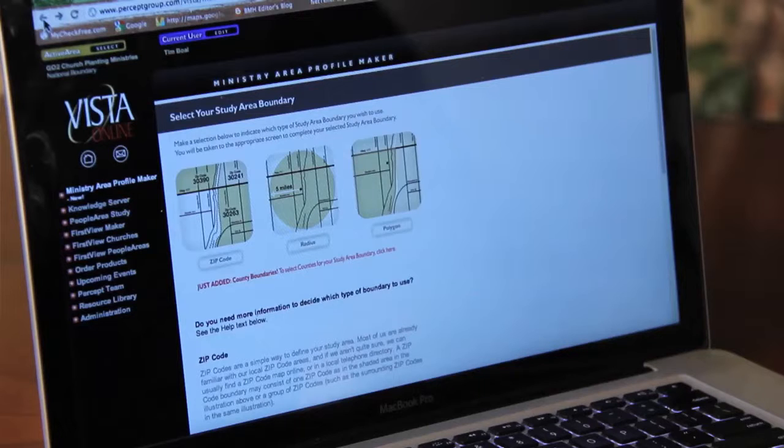Although you won't have access to this personally, your church ministry partner can ask of us and we will get for them any demographic they need that might be helpful in creating ministry or in developing the communities within the Circles of Grace. We do something called a ministry area profile, and it gives us the opportunity to create information about zip codes, radiuses, or even specific polygons that we can outline online. This information is extremely valuable.